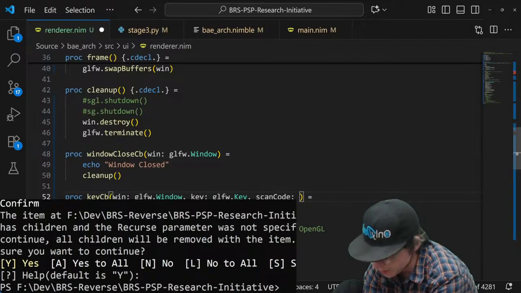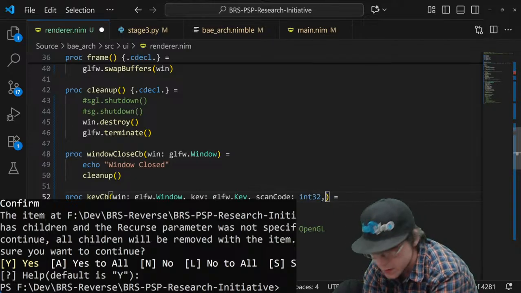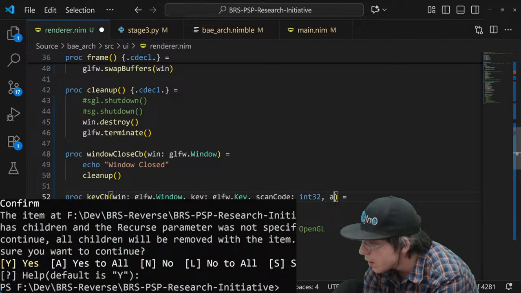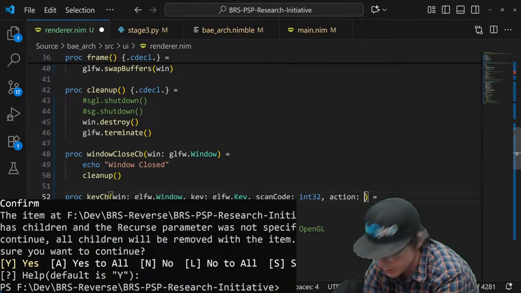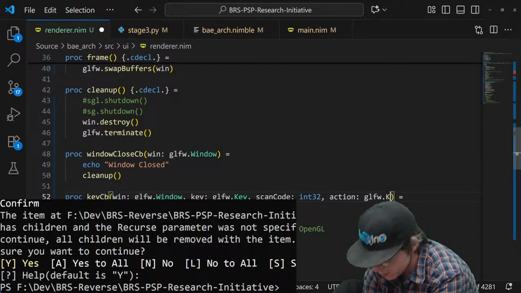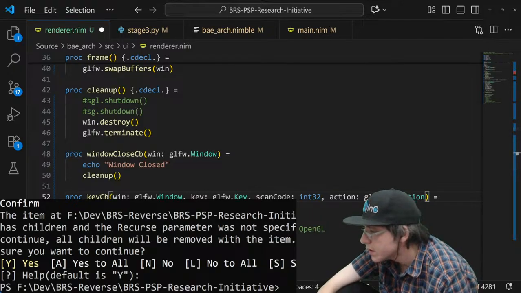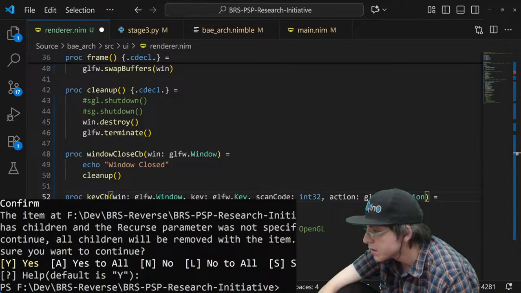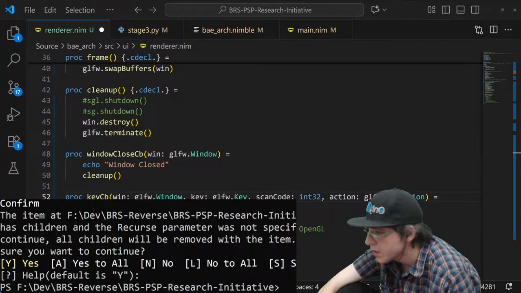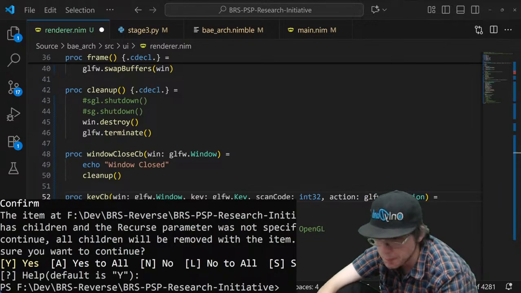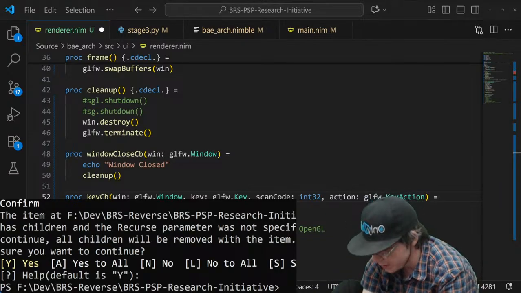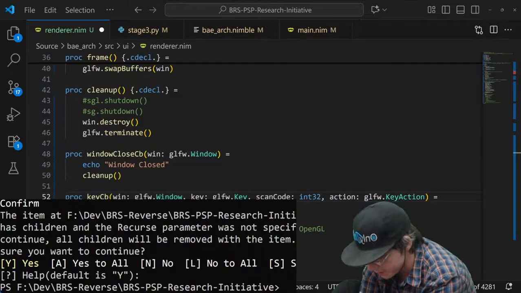It could be, it's 32. Doesn't look like key action is actually used anywhere outside of just straight up W's library.